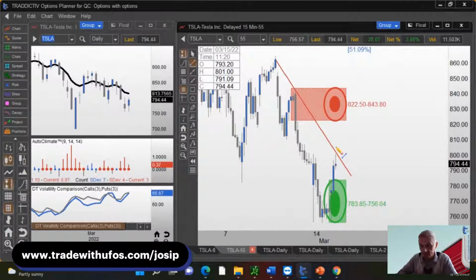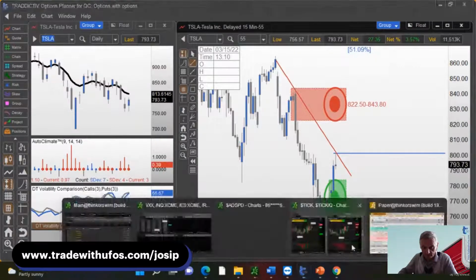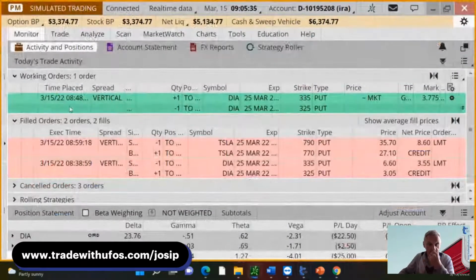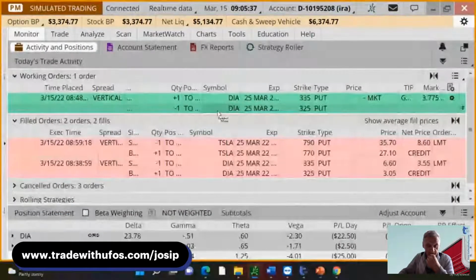I'm actually trading here in the paper trading account. But then when you look at this high right here of where we reached, that would be about 800. So I'm going to select this 800 right now. It might get hit today. I wouldn't want you to do that with a small account that has $5,000. You might get dinged as a pattern day trader.